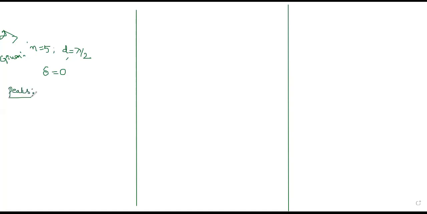Calculate the peak direction first. Write down the formula: phi p is equal to plus or minus (2k plus 1) pi by 2. Substitute for k is equal to 0, 1, 2. You'll get the same values. This will be pi by 2, plus or minus. This is plus or minus 3 pi by 2. This is again plus or minus 5 pi by 2. Substitute it properly and do it, k is equal to 1, k is equal to 2. I'm writing it directly.